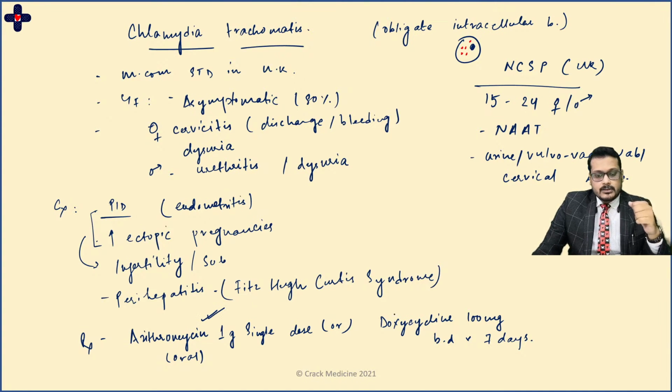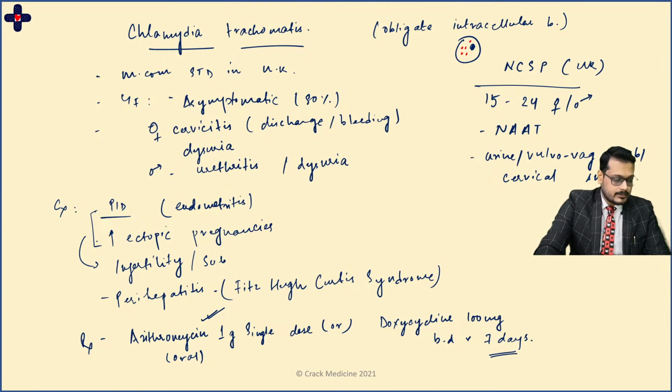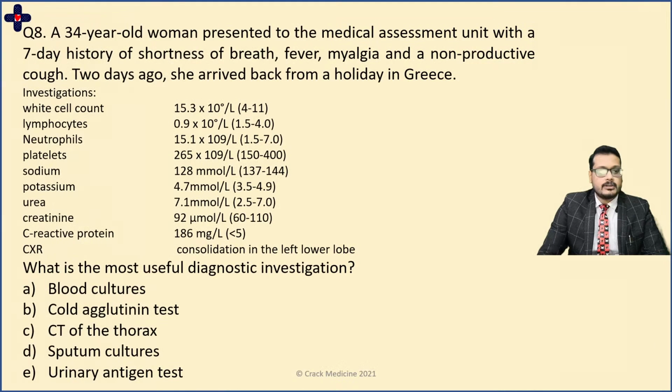Why? Because if you look over here, you have to ask the patient to take a tablet twice daily for 7 days. Now that might sound very easy for a doctor to write down on a paper, but actually following it for 7 days is not very easy for a patient. So it's not going to go down very well with the patient, called patient compliance. That's why a single dose azithromycin is a better answer. But yes, you're absolutely right. Doxycycline is also correct. Let's move on to the next one.